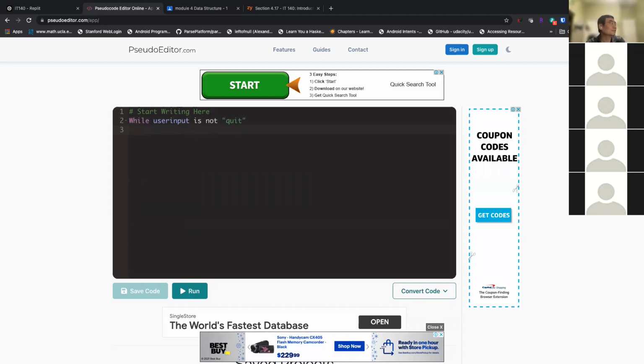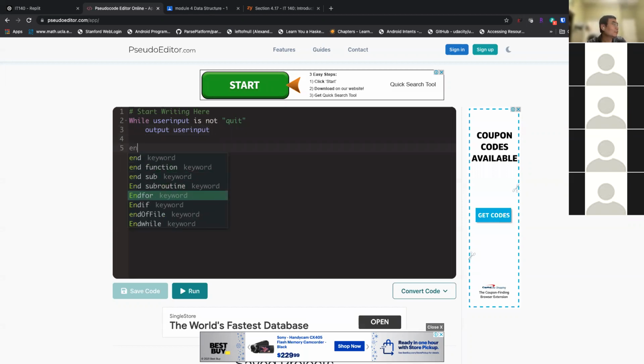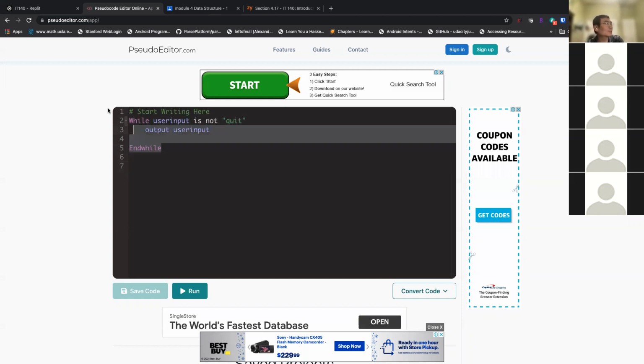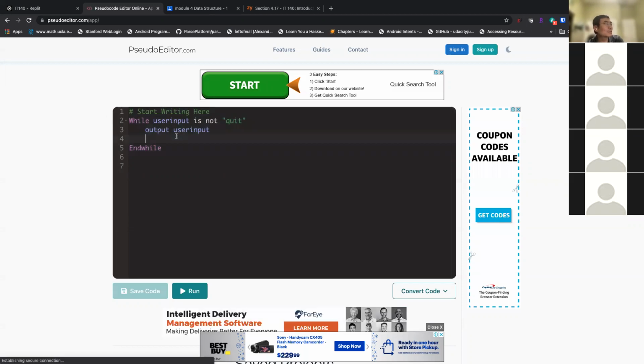And output, like user input, and for and while, right? Something like that, and then do something else. But just don't make it too similar to Python code. It's basically to express an idea.